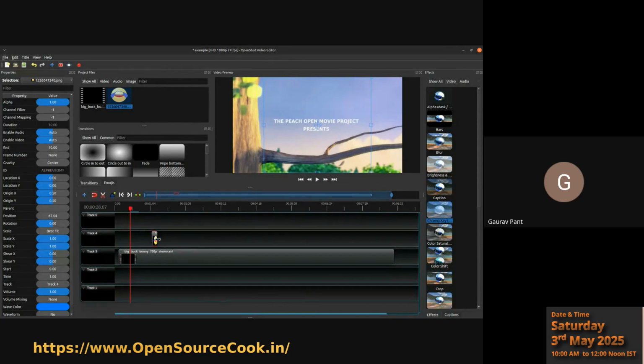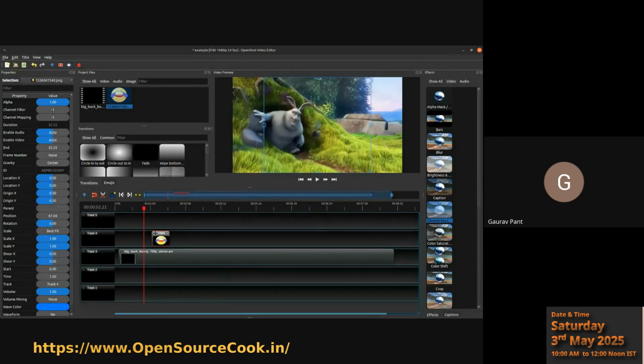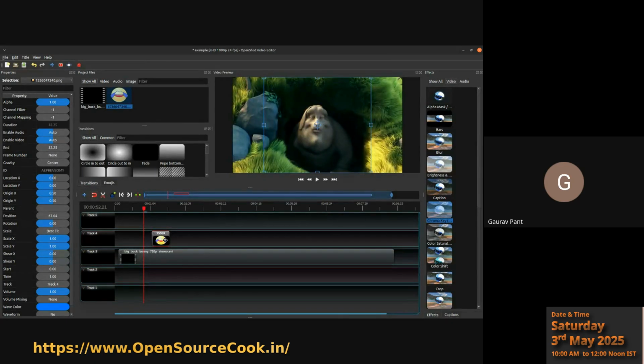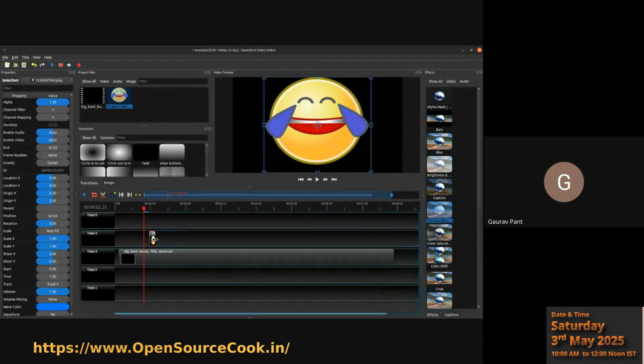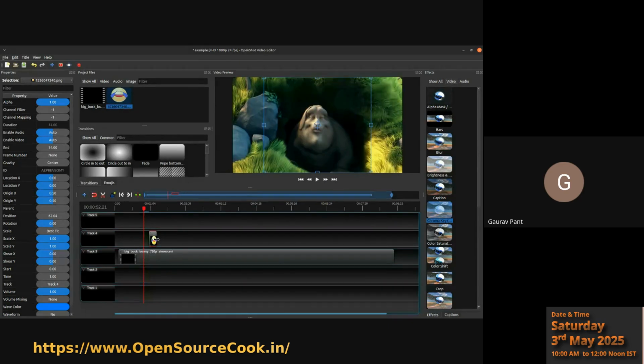Suppose there is a clip above this also, right? Like this. So if you have images or something, you can stretch them. By default, an image which you add is usually added for 10 seconds. This is a default one over here, right? So I have stretched it. Usually it will be added for 5 or 10 seconds, whatever is the default of that. Now,